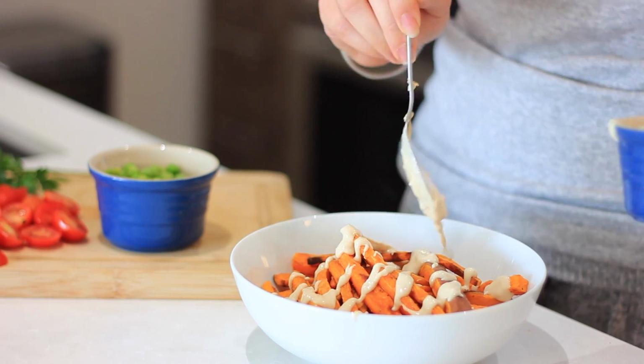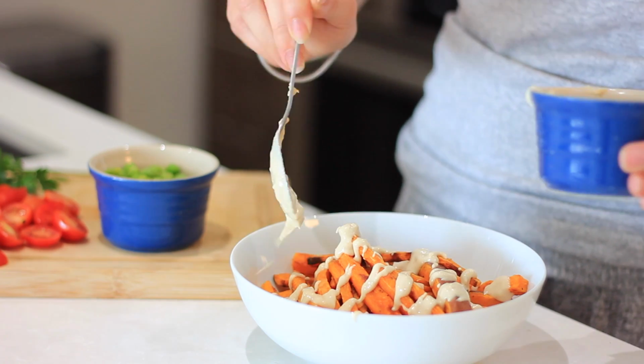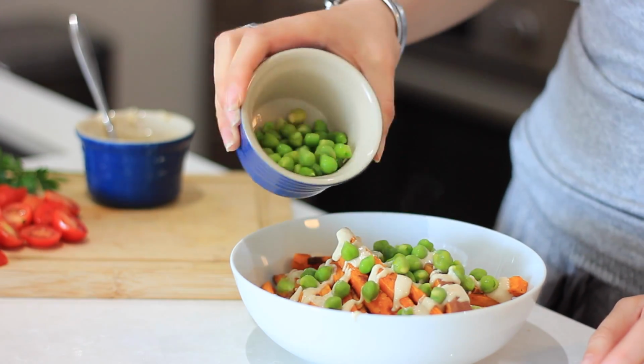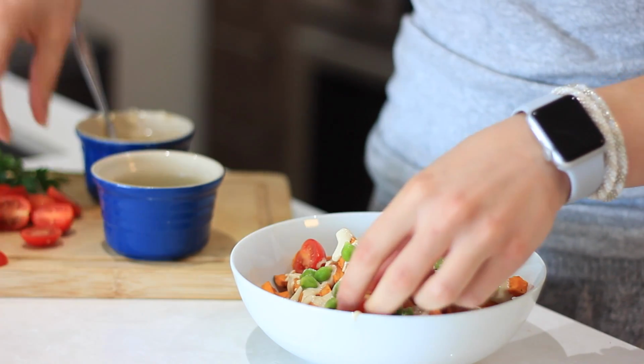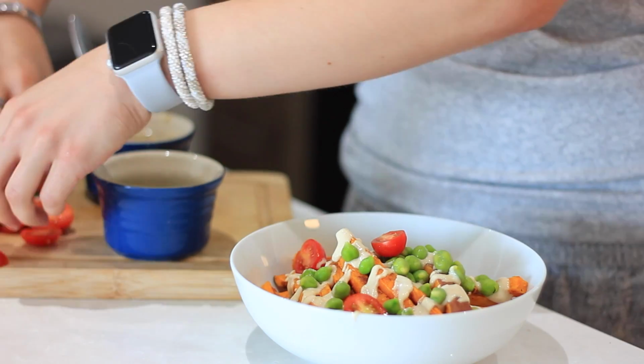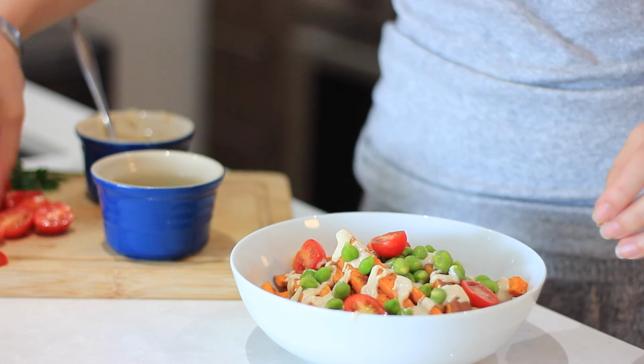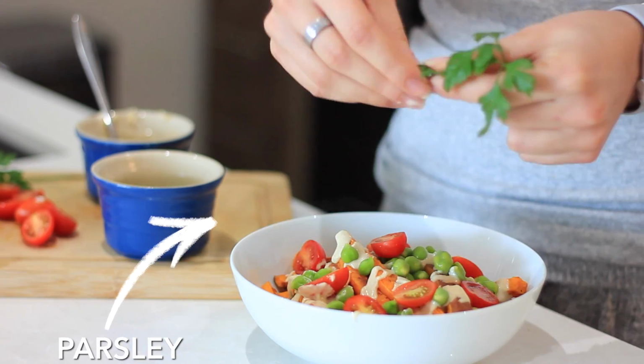When I found the green chickpeas, it was so fun. Basically, green chickpeas are young or fresh chickpeas before they've turned blonde. And green chickpeas actually have less carbohydrates and more protein, which, I mean, sign me up because that's what I'm about. Put on my little cherry tomatoes, and I'm also going to put on some parsley,